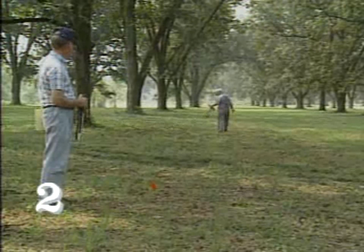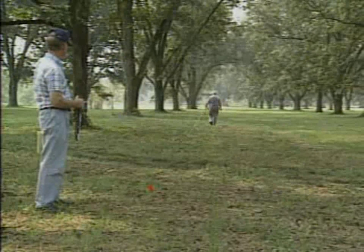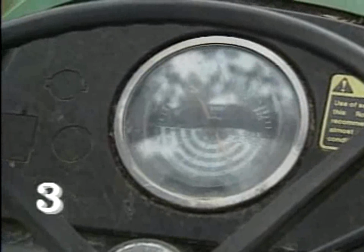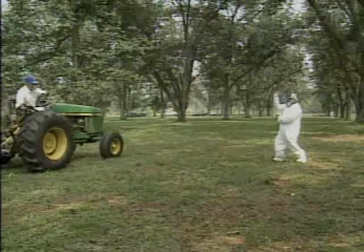Second, in the orchard or field that is going to be sprayed, stake out a course of several hundred feet. Also, determine the row spacing. Third, with the tractor RPM set where you want the tractor to operate, pull the sprayer over the staked out